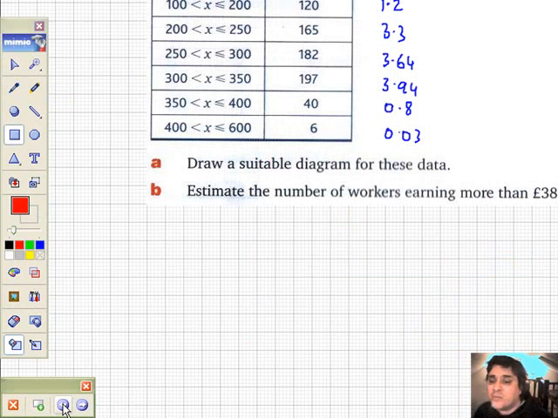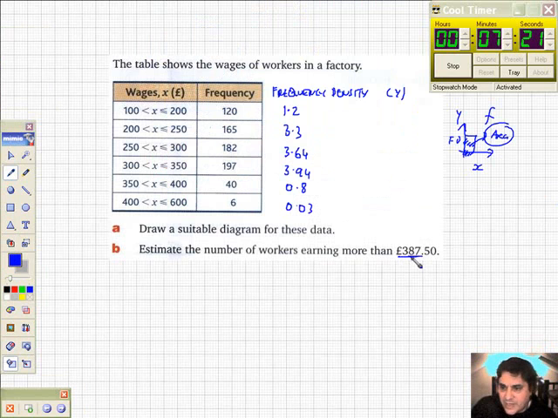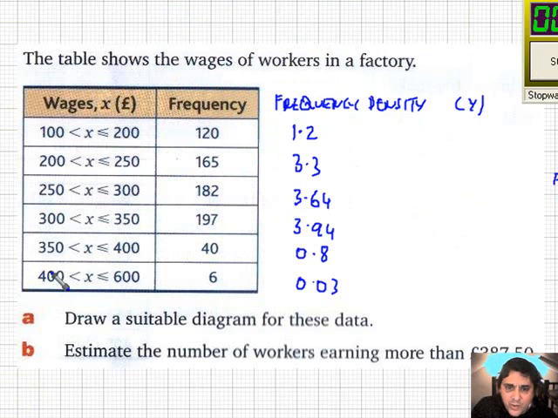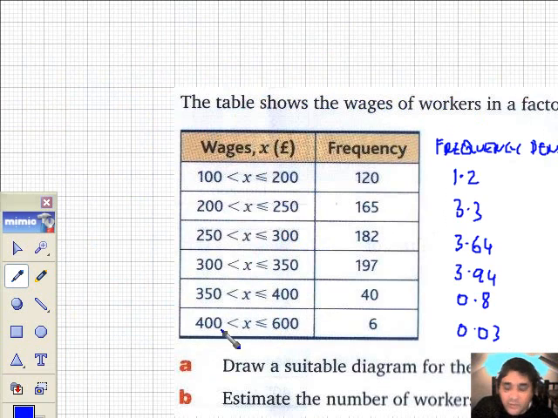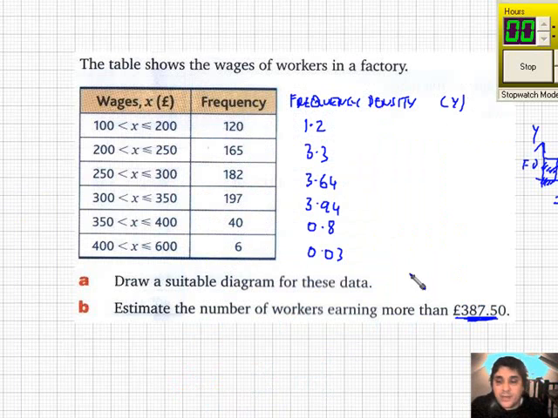Yeah, estimate the number of workers who earn more than £387.50. Well, I might use the diagram, or I might just use this table right here. Right, more than £387.50. Well, straight away I've got 6 people who earn over £400, but not between £400 and £600 straight away. Now, in order to earn £387.50, we know that some of these 40 people will be within this bar, which includes that